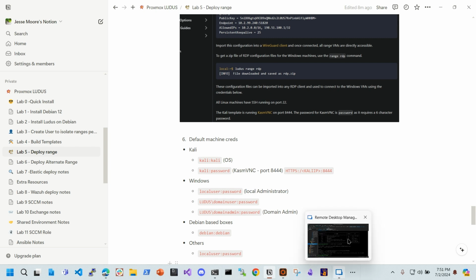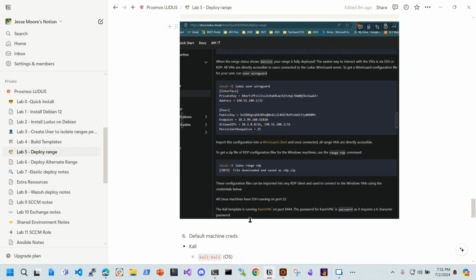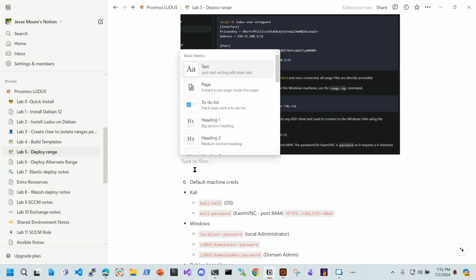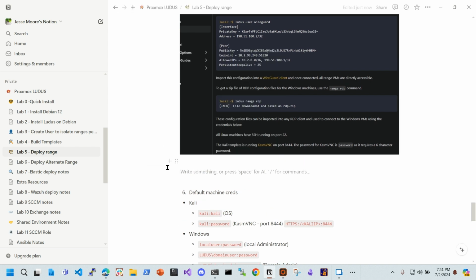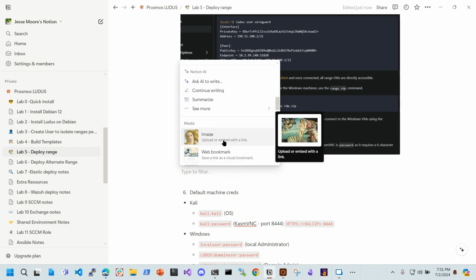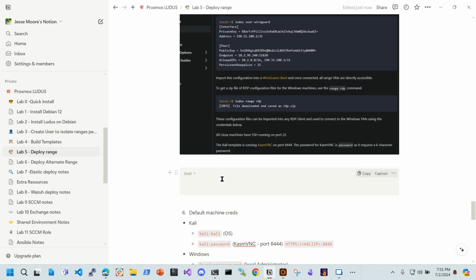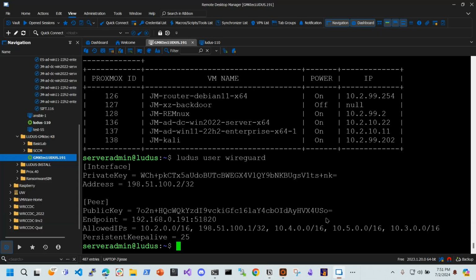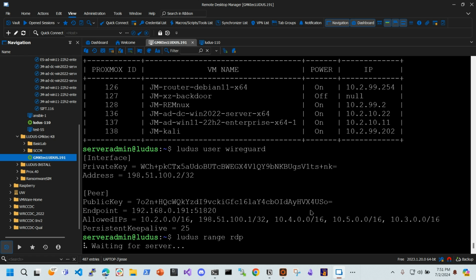That's the next thing that's handy here, and it looks like, oh, Ludus range RDP. There it is. I just don't have this. Ludus range RDP. Cool. Get all the RDP files to login with. So if we go back here and we do Ludus range RDP,